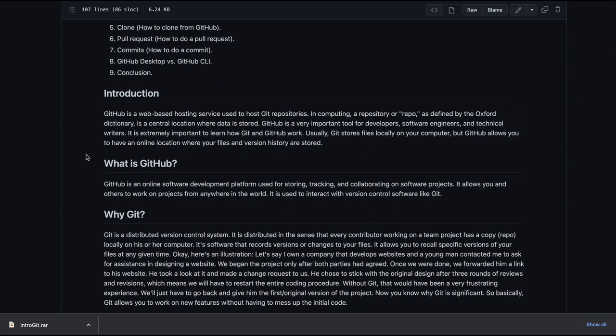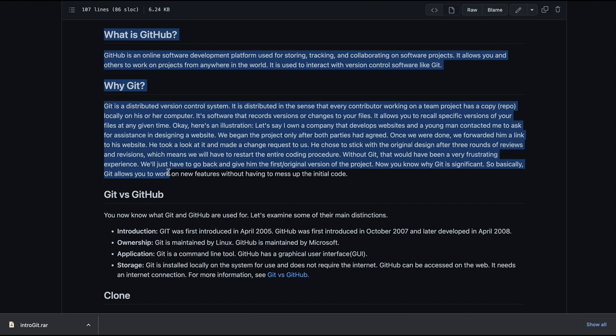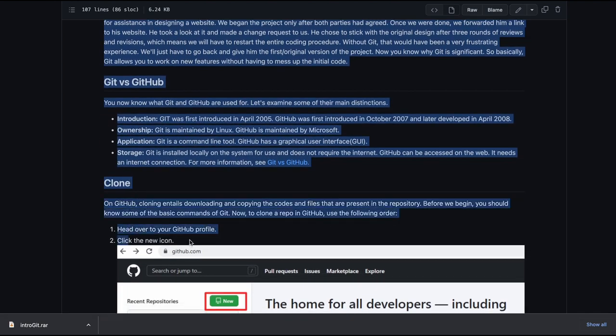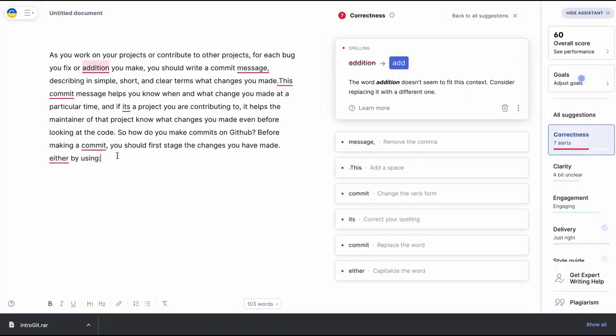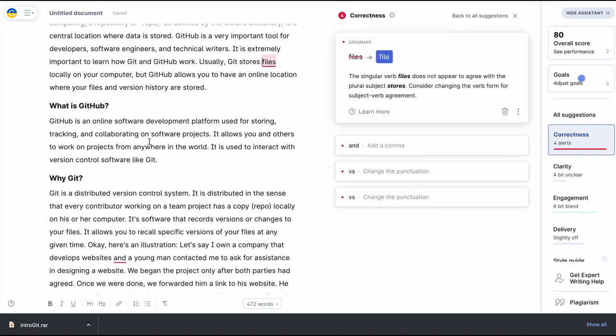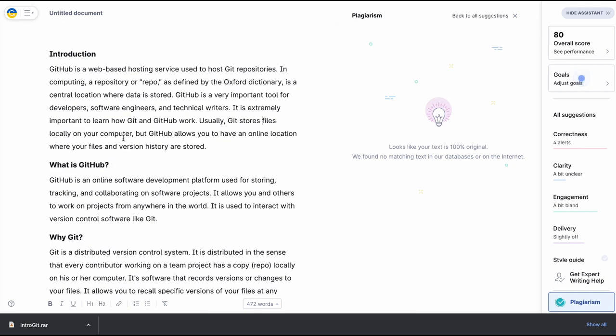So table of contents: what is introduction, what is GitHub, why GitHub. All right. Okay, so let's check if you got it from somewhere.